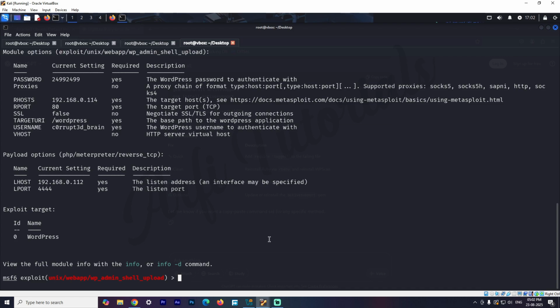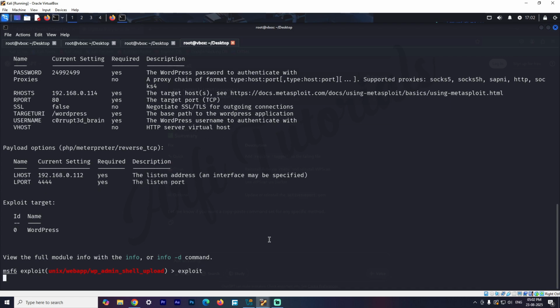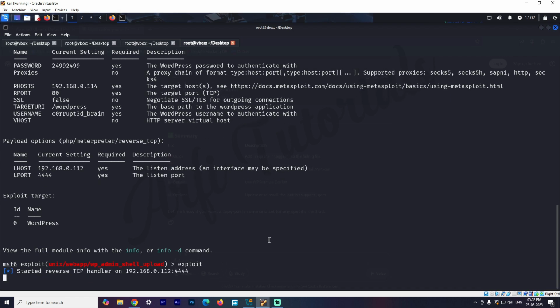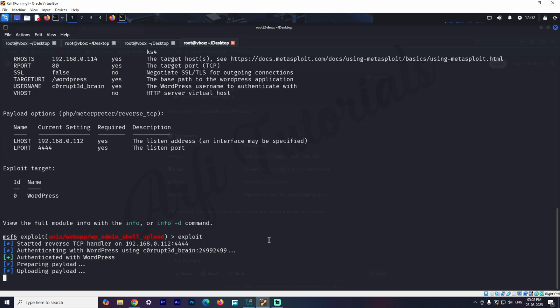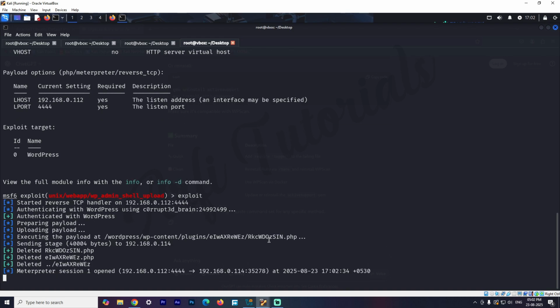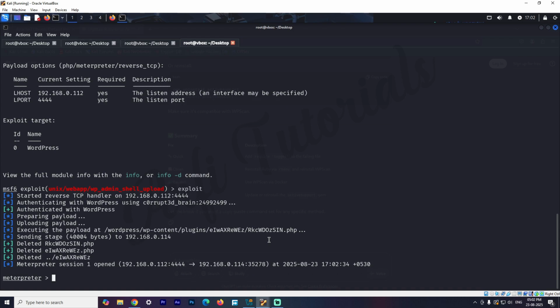Now we are good to go. Once the exploit is running and the attack is successful, you can have your Meterpreter session. As you can see, we have got a Meterpreter session.